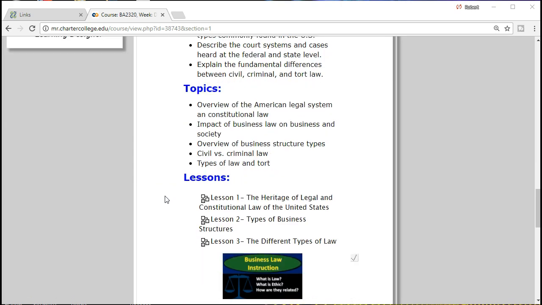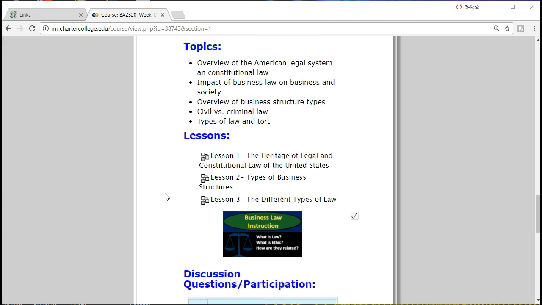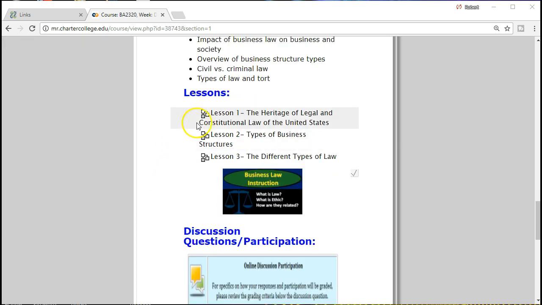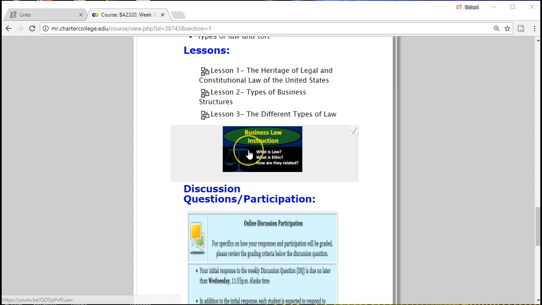The topics are going to include an overview of the American legal system, impact of business law on business and society, and overview of business structure types, civil versus criminal law, types of law, and tort. We see the lessons here, so they're going to be the text lessons that you go through and read through within Moodle Rooms. Also have this resource here that you can click on, and this will take you